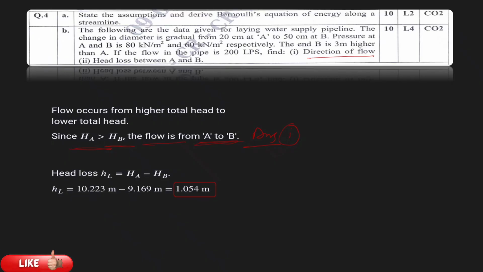Then the second question, head loss between A and B. That means the difference in total heads. Therefore, HL is equal to 10.223 meter minus 9.169 meter. We will get